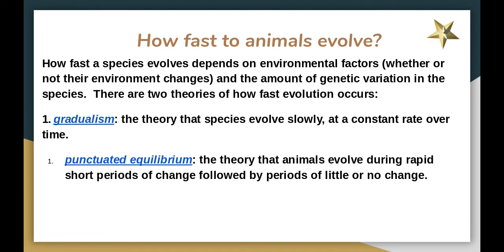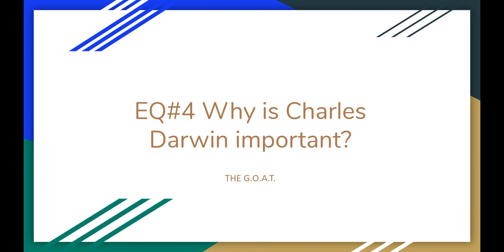change. Okay, and those can be events such as an extinction, such as a natural disaster, such as a demand for food increasing or decreasing, the demand for mating or finding a mate to enhance the species. Okay. So those few things can really determine how fast animals can evolve.